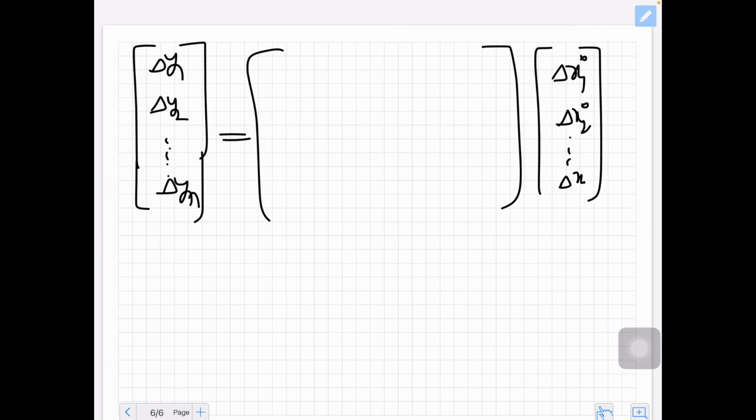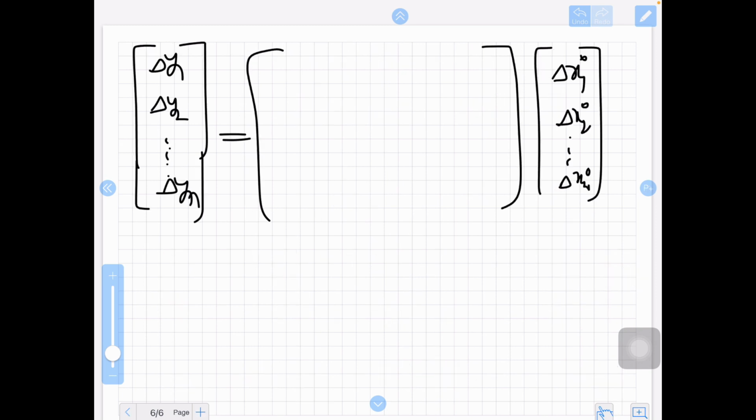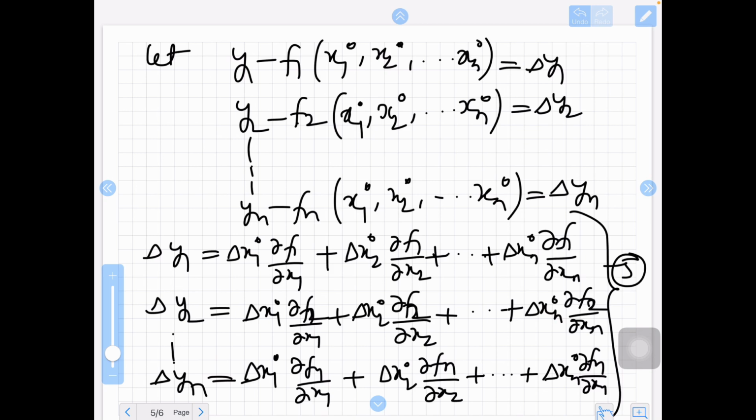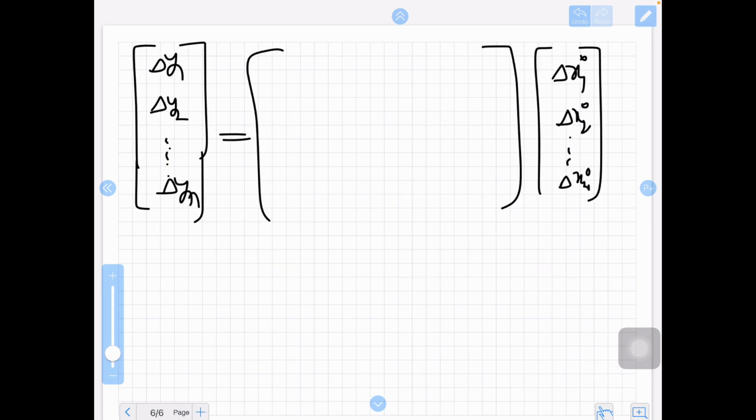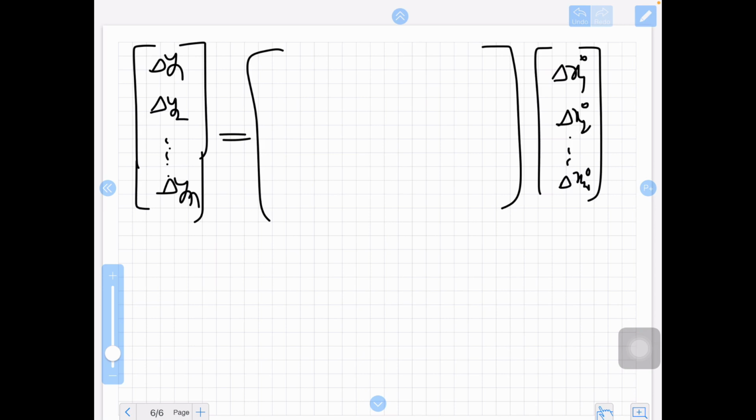etc. delta xn naught. So here if you see the previous equation, see LHS we have delta y1, delta y2 up to delta yn. So here we have considered that, and if you see this RHS, if you write in matrix form you will get the 2 matrix. The last matrix is delta x1 naught, delta x2 naught, delta xn naught, that is there in the second term in the RHS, and in the first term in the RHS are